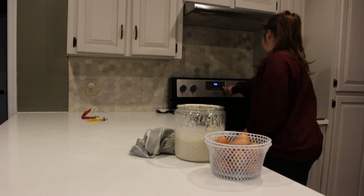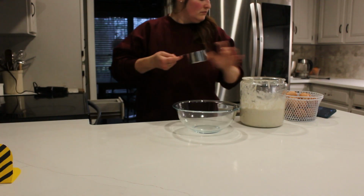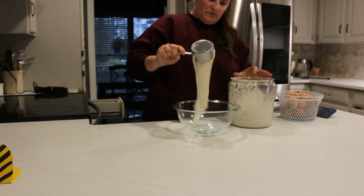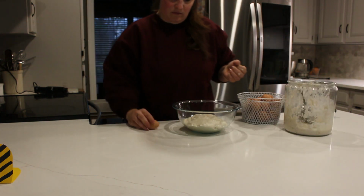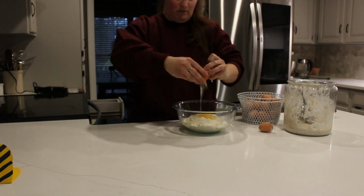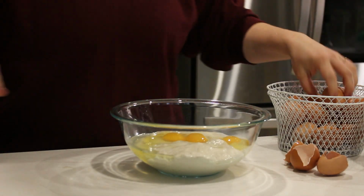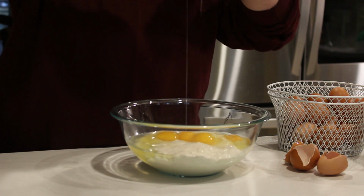So I had those in the fridge just ready to go when we needed them. It was actually this day that we needed them. And so I'm starting out this morning with a quick Dutch baby, because I was going to be taking those artisan loaves to the church for the bake sale that morning, and I knew it was just going to be a little bit of a rush with the kids and all that, so I figured let's do a